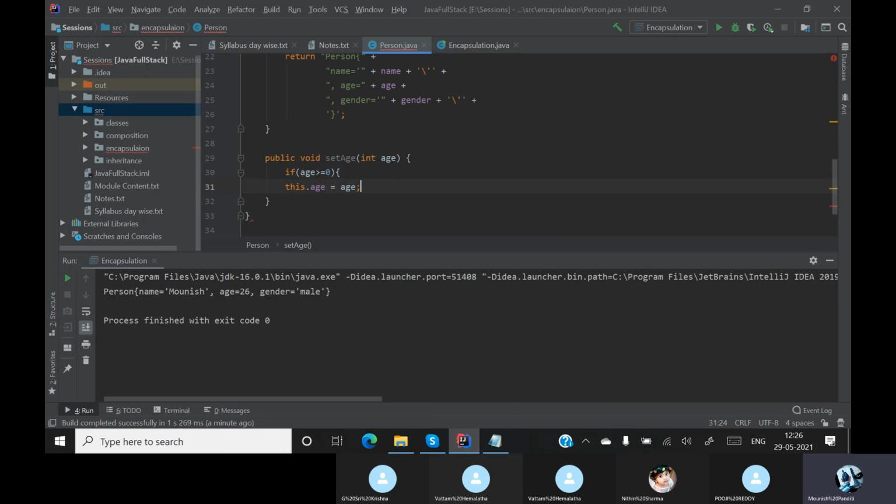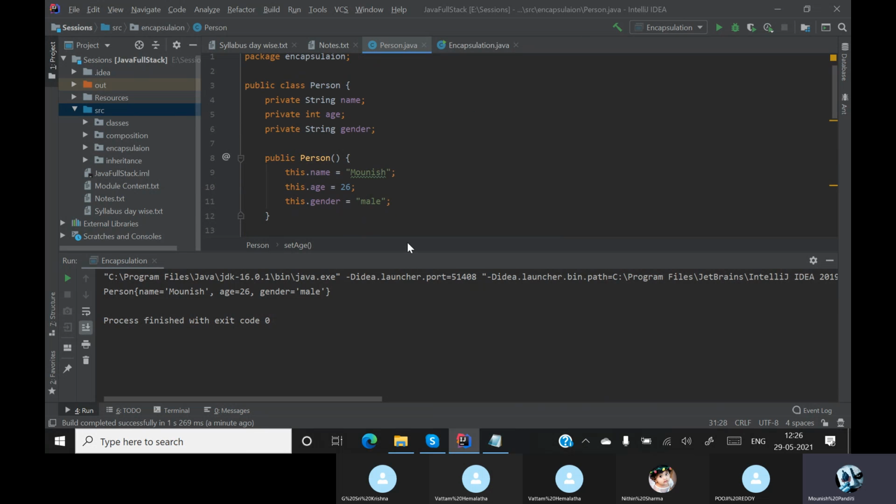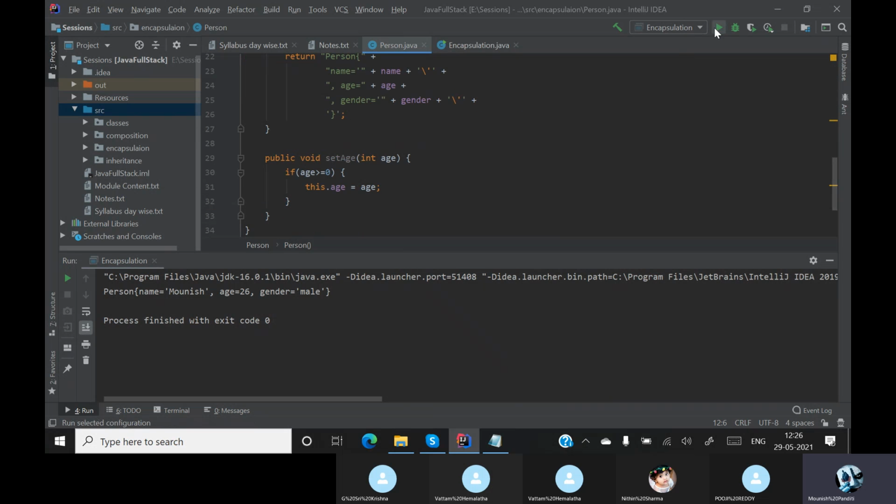If the age is greater than or equal to 0, then only you set the age equal to age. Otherwise, set the default age. My default values I'll make null values: 0 and an empty string. Now if I run this, you can see I'm not getting anything.